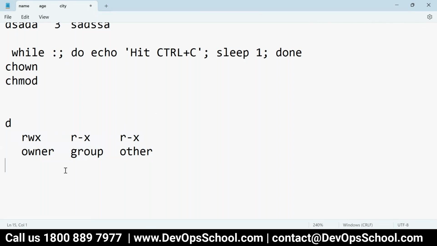Yes. Now here R carries 4 weightage, W carries 2 weightage, and X carries 1 weightage. This you have to remember.